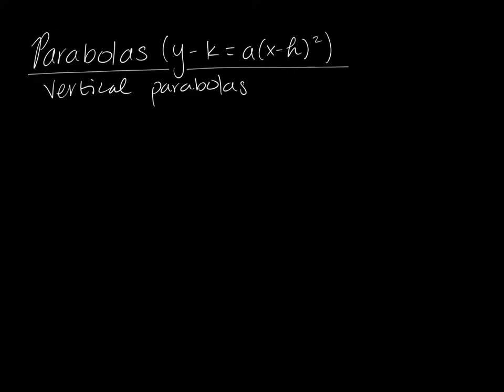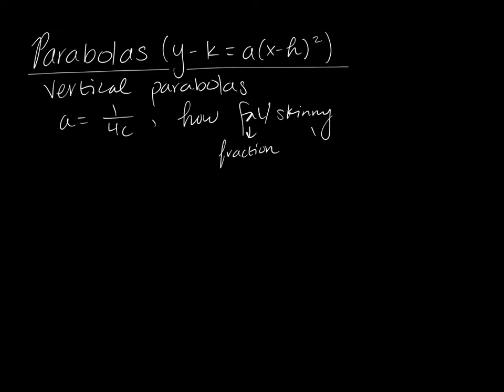All right. And so first we're going to look at a. A is equal to 1 over 4c, and that tells us how fat or skinny our parabola will be. If a is a fraction, then it's going to be a fat parabola. If it's a whole number, then it's going to be a skinny parabola. Okay? And the reason why it's important to use this method to find a, 1 over 4c, is because c is the distance